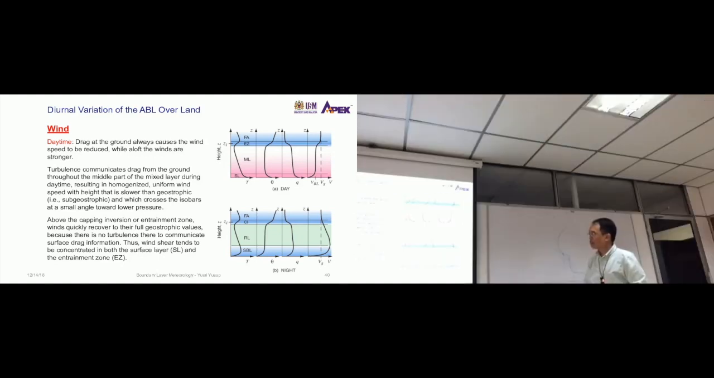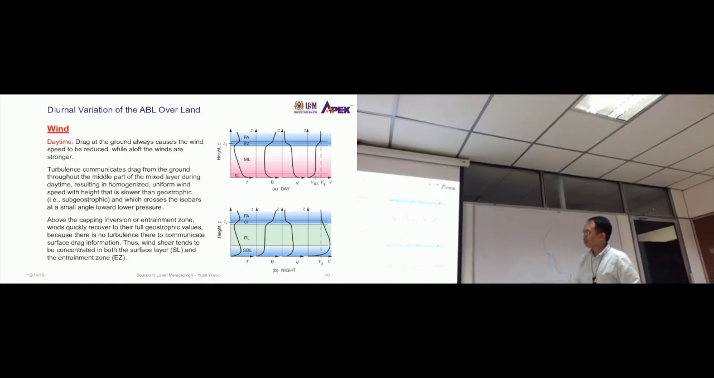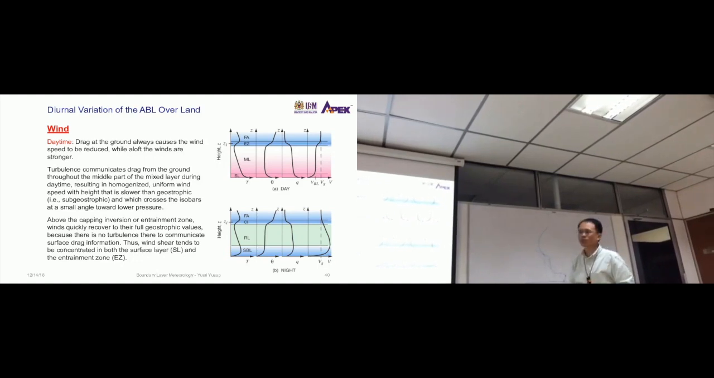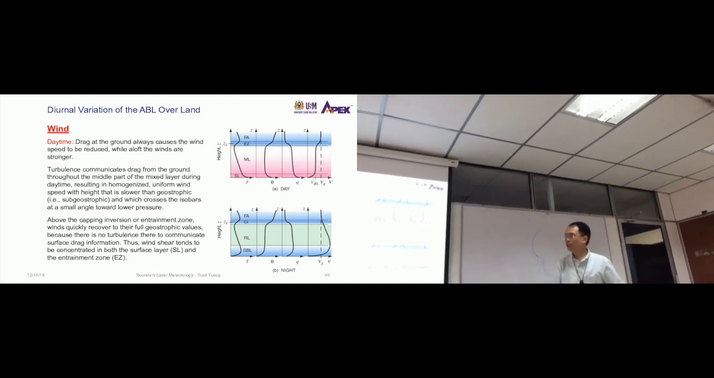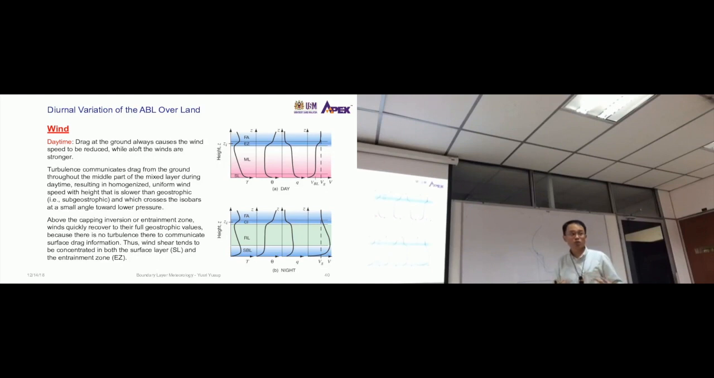So above the capping inversion or the entrainment zone, somewhere here, winds quickly recover to their full geostrophic value. Geostrophic winds are those large-scale winds above, created due to the spinning of the earth and the difference between surface conditions, between land and ocean. So those are really strong winds above,